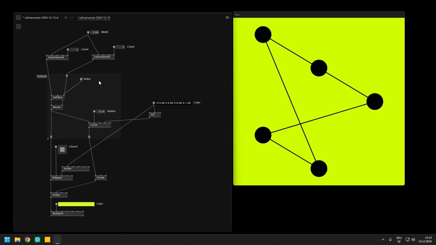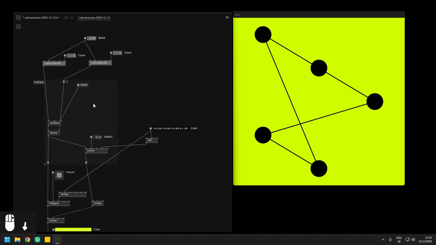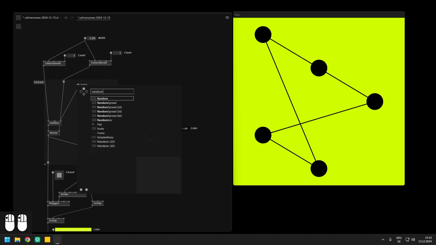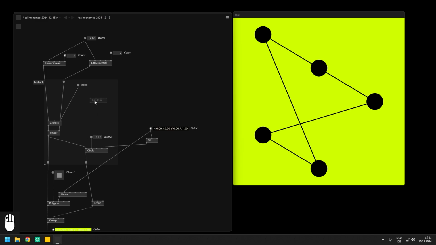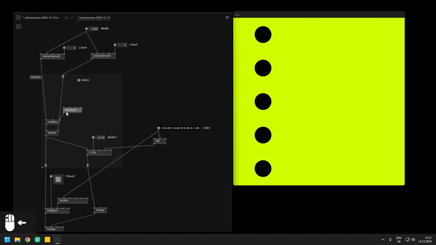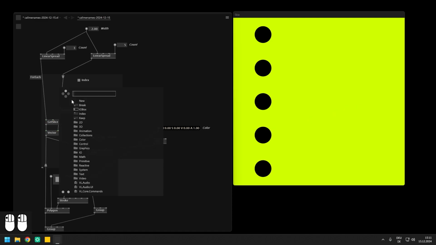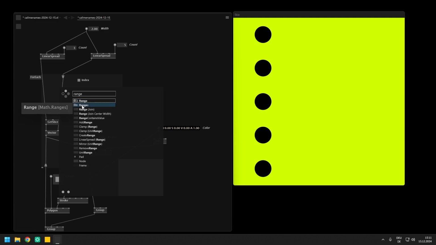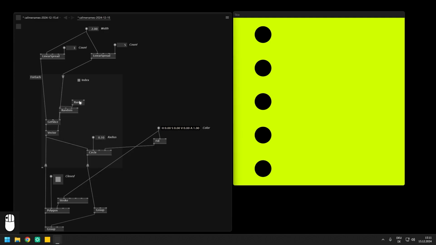However, we actually don't want to get the X positions sequentially, but randomly for each circle. We can do this by choosing the random node from the node browser, which is adaptive and can generate random values for different types, like floats, integers, vectors, and colors. In our case, we needed to generate random integers, so once we connect the node to the index pin of the get slice and create a range of integers between 0 and 3, the points randomly jump between these 3